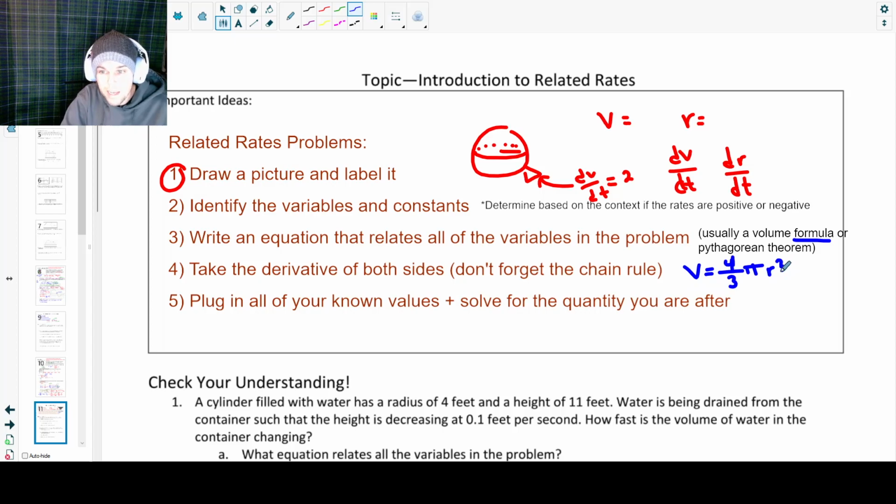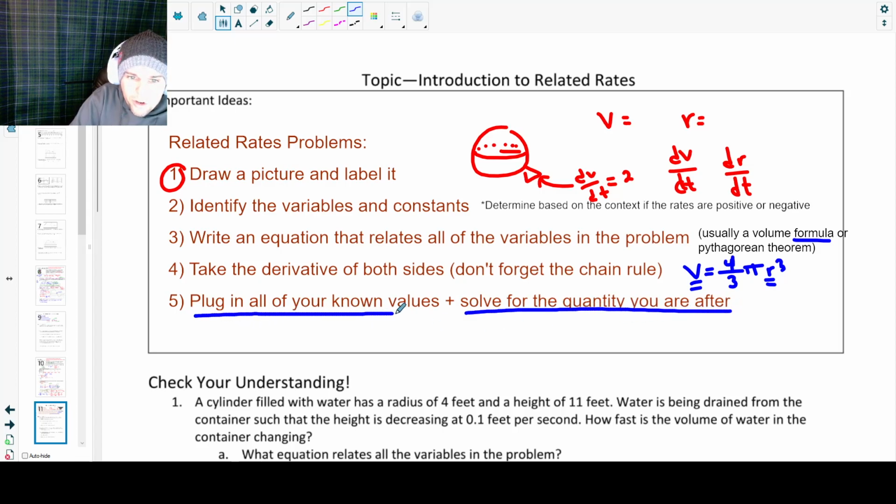We're usually going to be taking a derivative with respect to time. So each time we're taking the derivative of a variable that's not time, not t, we need to add on dV/dt or dr/dt, or maybe with the Pythagorean theorem, we have a's and b's and c's. And then our final step, this is where we're actually going to be solving for the answer that we really want to know. So you really want to know what quantity you are after, and what all your known values are, right? Do you know the radius or the volume or the change in volume or the change in radius